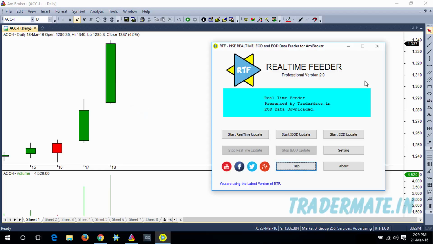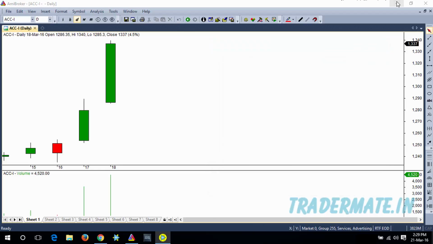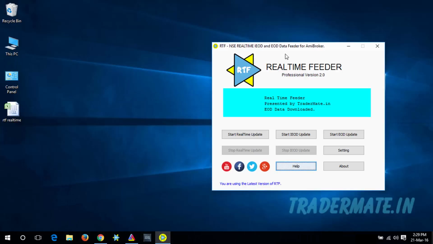So this is how you can use our real-time feeder to download and update the data to the AmiBroker. Now the one last thing that I want to show you is, as I told you before, our real-time feeder is going to store the downloaded symbols in the folder specified, and if you need that data in the future, you can use that. By default the downloaded data will be stored in my documents. So I'm going to open up my documents, and